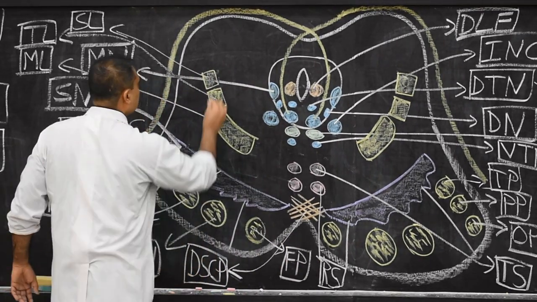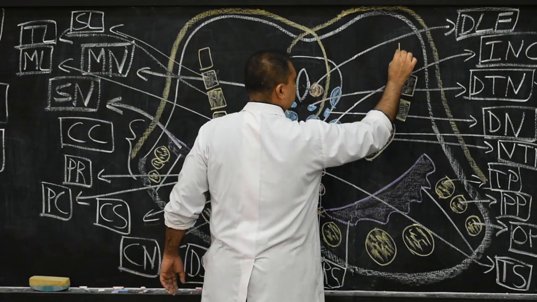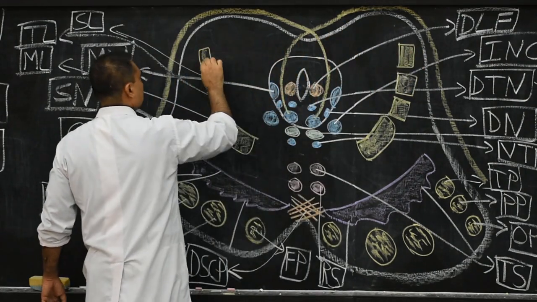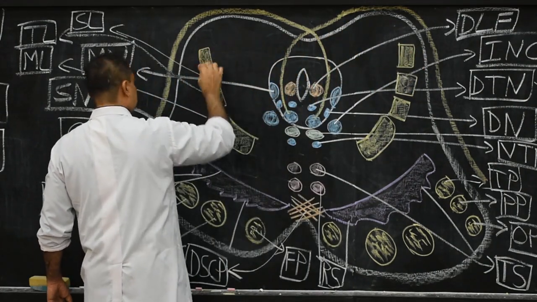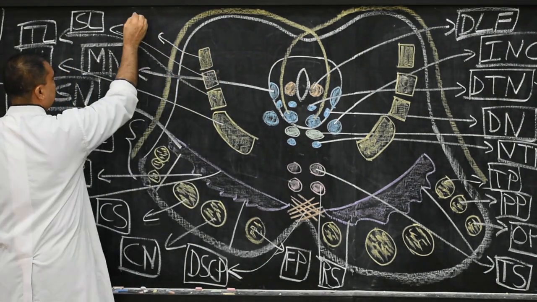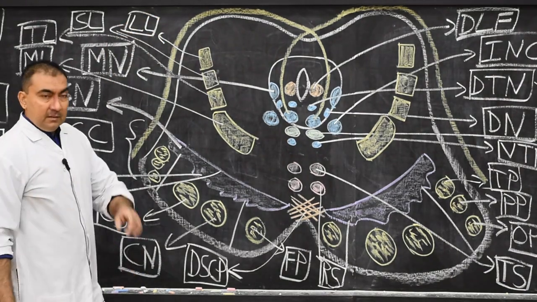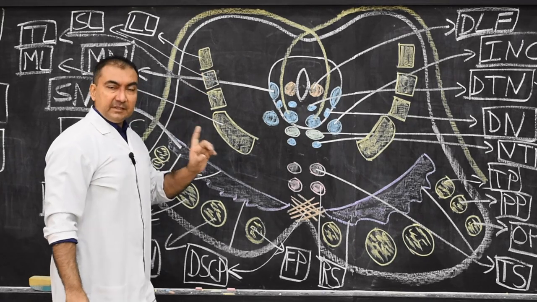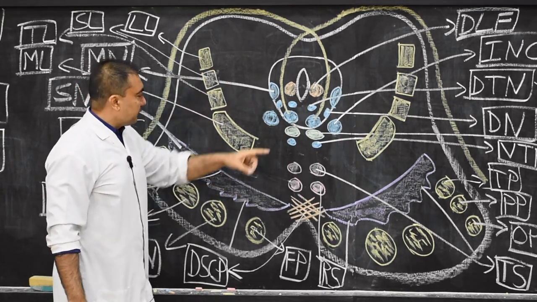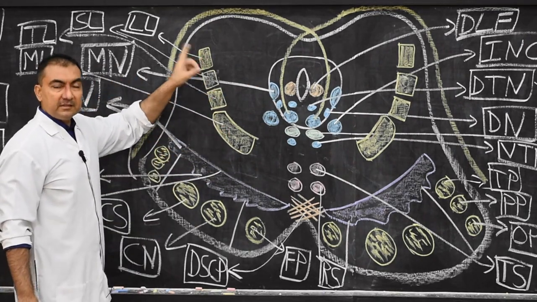And the final lemniscus which we have to draw will extend directly into the inferior colliculi. So this will be known as the lateral lemniscus. Here we are going to write lateral lemniscus. Do not alter the sequence. This is the sequence from medial to lateral in the tegmentum of the midbrain at the level of the inferior colliculus. We start with the medial lemniscus, trigeminal lemniscus, spinal lemniscus, and lateral lemniscus.